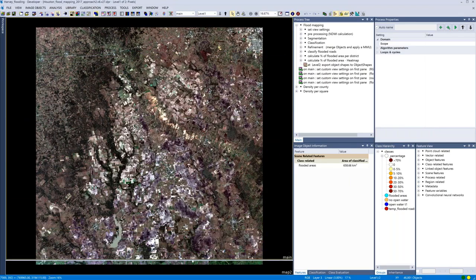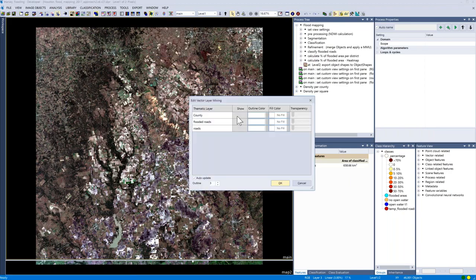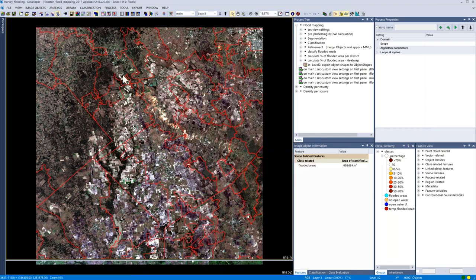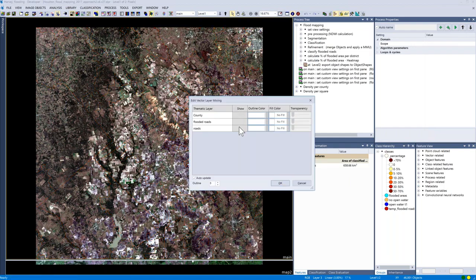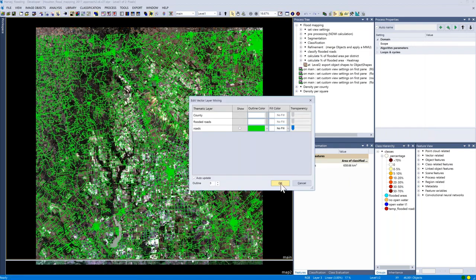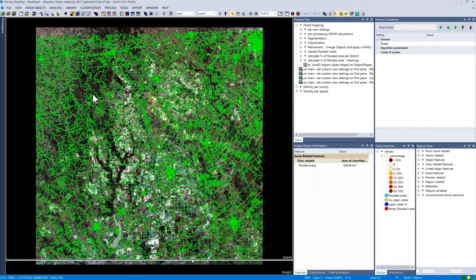So these were the 2 raster data sets. Then we also have the counties. These are depicted here. This is the shapefile depicting the different counties. And we also have the roads layer. These are the roads we downloaded from OpenStreetMap.